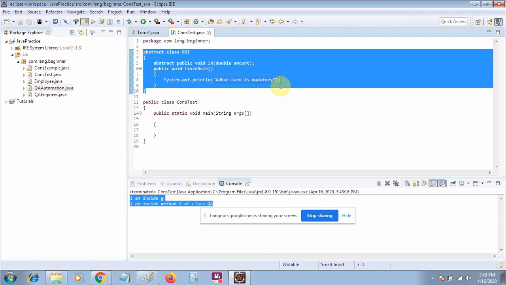You can give some methods with a body and some methods only with the declaration or the naming convention. So whenever any other class extends this abstract class, it has to implement the methods.